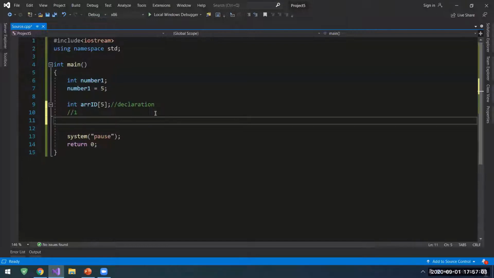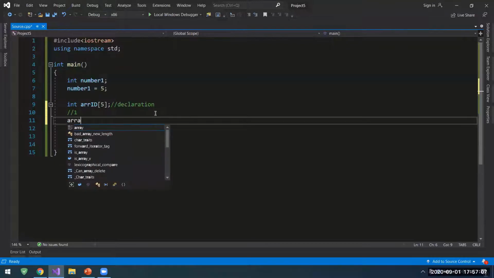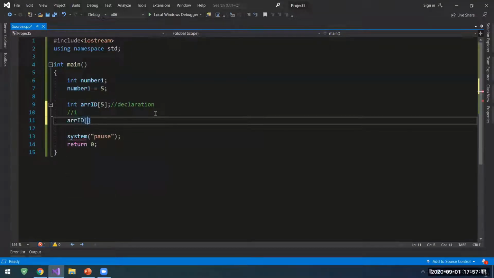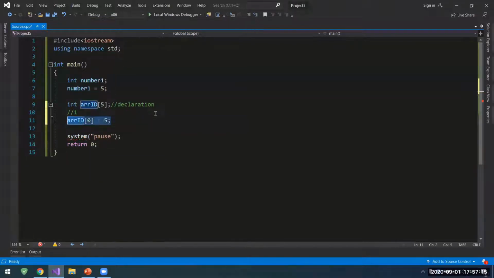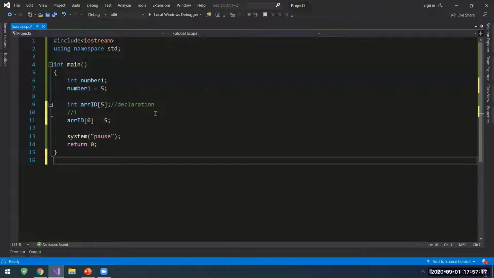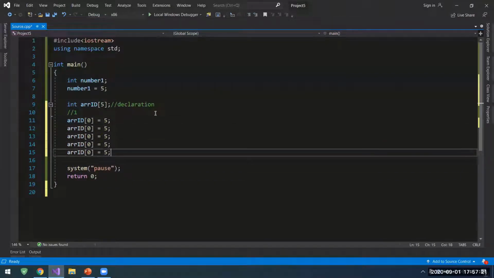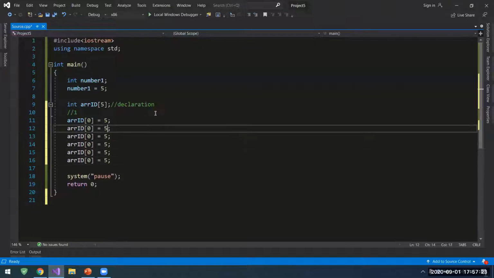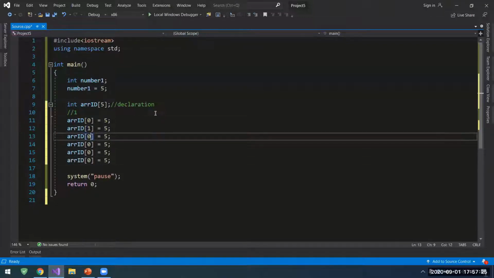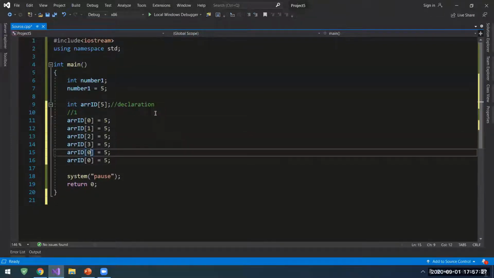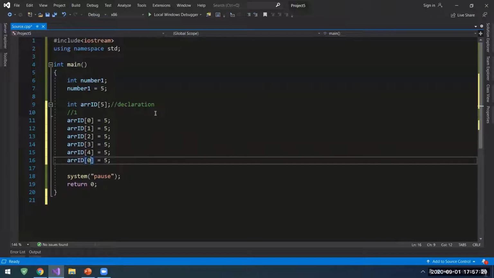The first way, I can say array ID, and then the 0 index equals 5, let's say. And I'm going to copy this, and 1, 2, 3, 4, and then 5. So this is the first value, second value, third value, fourth value, and